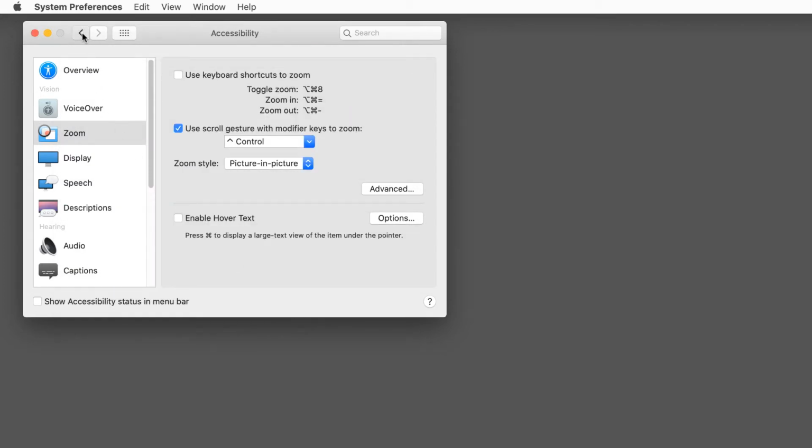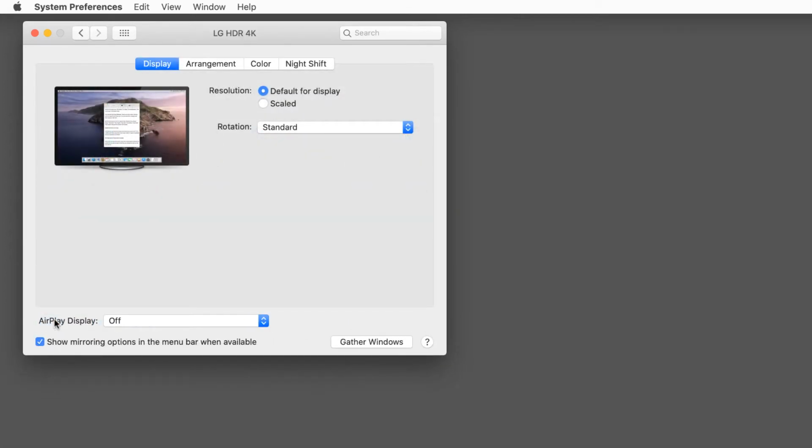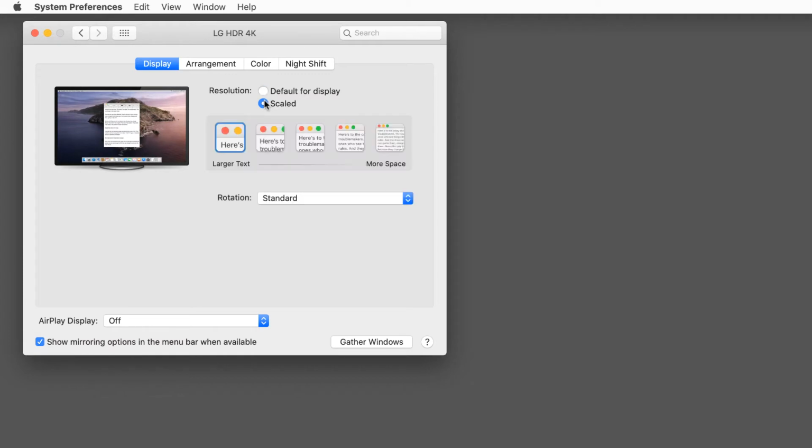One remark: if you do not like the zoom function, but you prefer that all the elements of your screen appear bigger, then you can use the Display Control Panel to adjust the resolution of your screen. The lower the resolution, the bigger the items will appear on your screen.